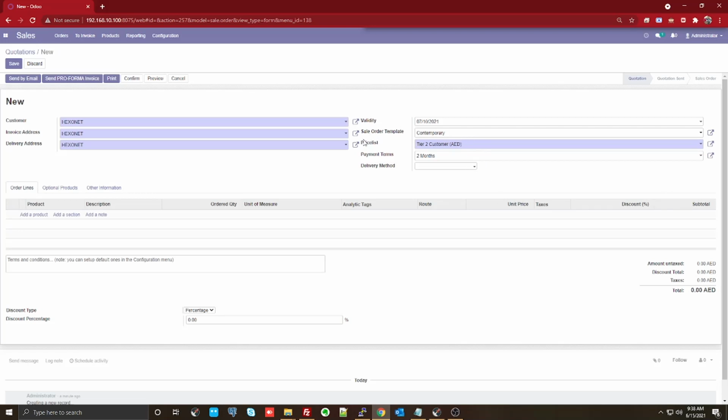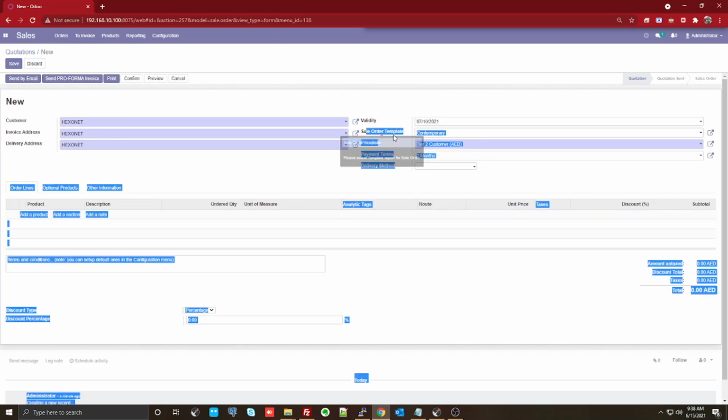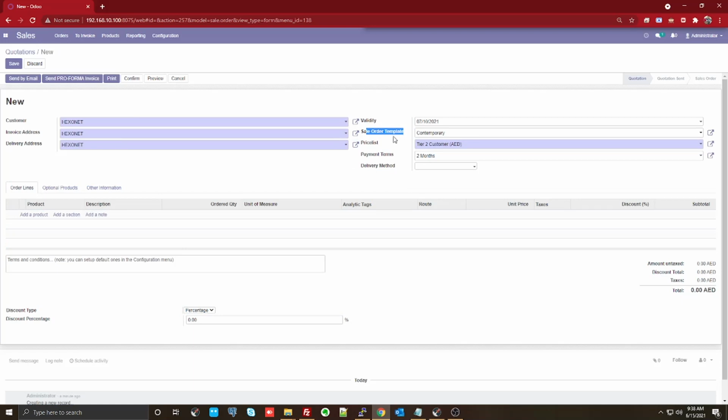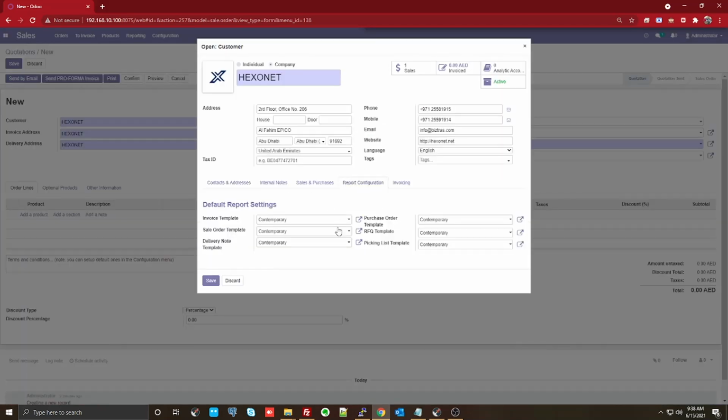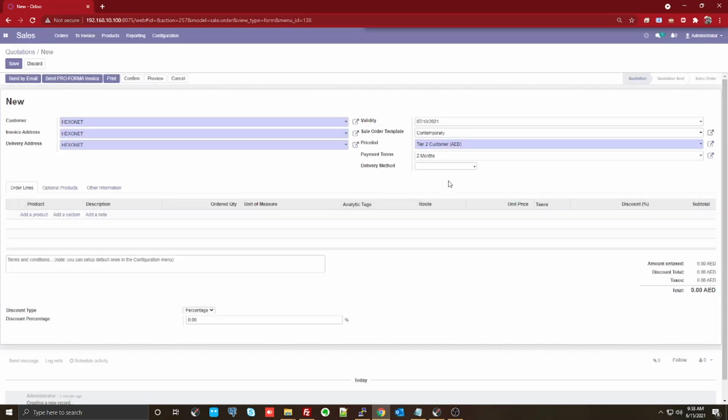Once you give the validity, some information is auto populated on the left side. This is how exactly the template or the printout should look. In Odoo, we have multiple templates available. If you need different templates for different customers, we can do that, or you could predefine this information as well. If you go to the report configuration, you can predefine it. But in this case, I'm not going to change it. I'm going to use the same template.